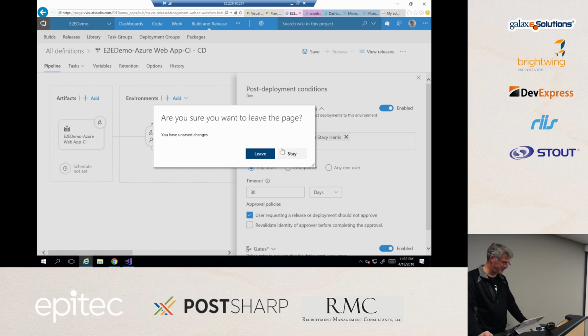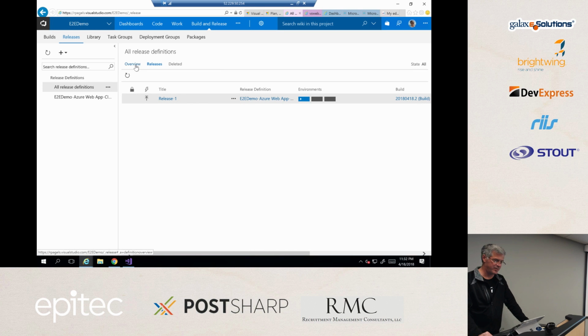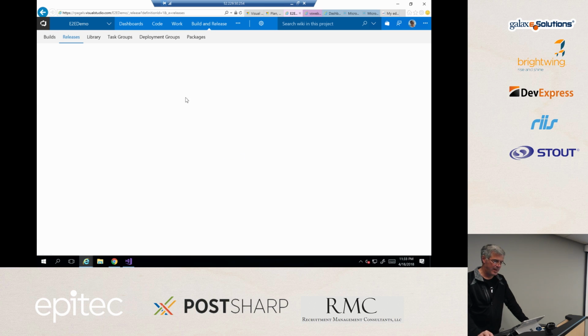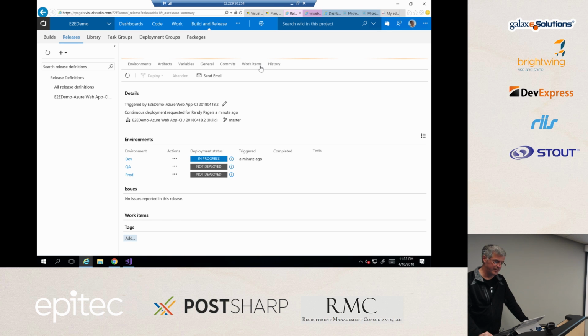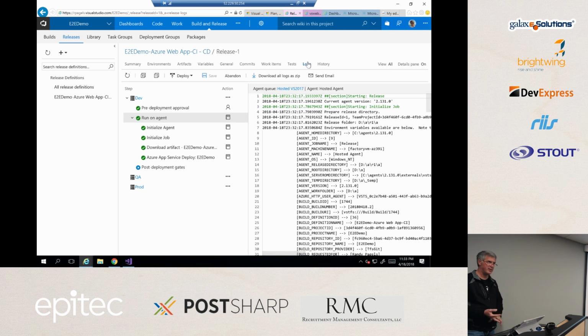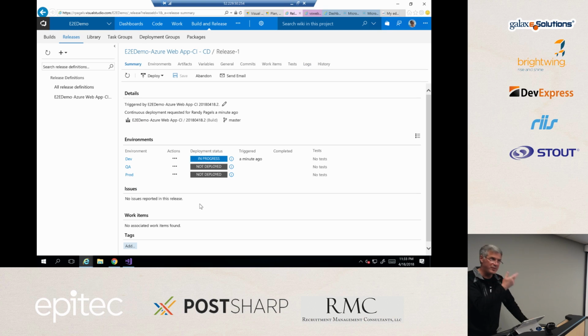So notice the release is going. The first environment's going. I could look at it this way. It's saying it's just released. This is still a new release, but if I click the release itself and jump in, very much like the build, I can actually see it in action. So if I go to here, logs, it'll show me it's running on the agent and etc. Now this will stop and ask me for the approval to move it to the QA. In fact, it's part of the post-deployment case here. So if I go back to summary, I would get an email notification if I set it up that way. It just depends on what you're doing here, but